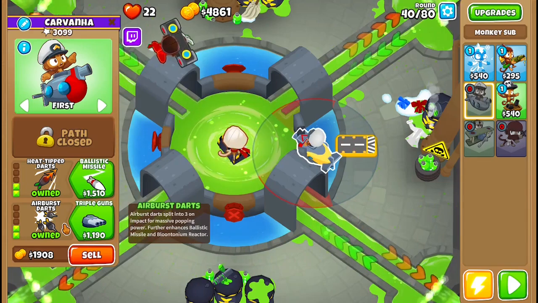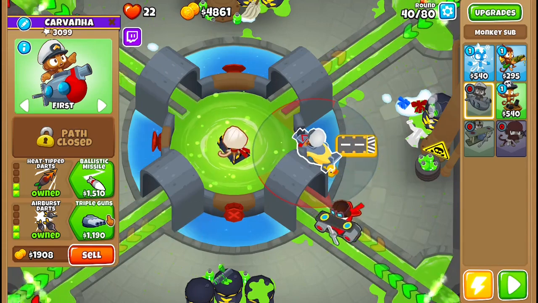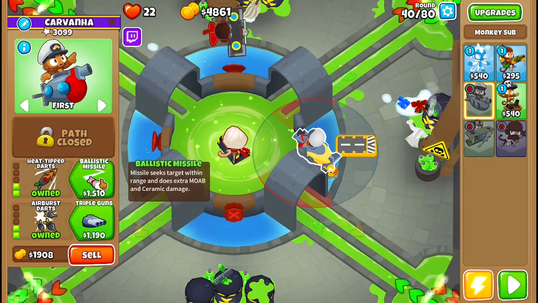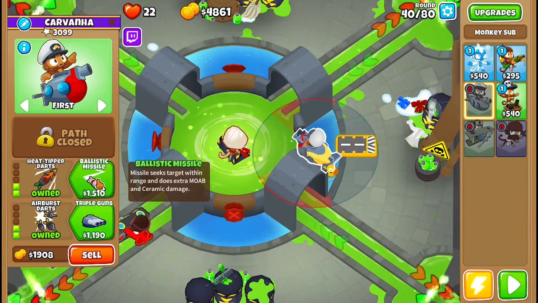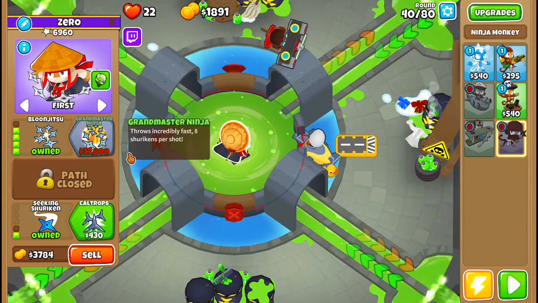Enhances ballistic missile and plutonium reactor. Yeah, so, wait, no. Okay, so it'll be a 50% increase in damage. So technically, Ninja upgrade's stronger, or we could go for the ballistic missile, which, just with those words alone, I don't know how much extra damage it would deal, but presumably a lot. I'm going with Bloon Jitsu,